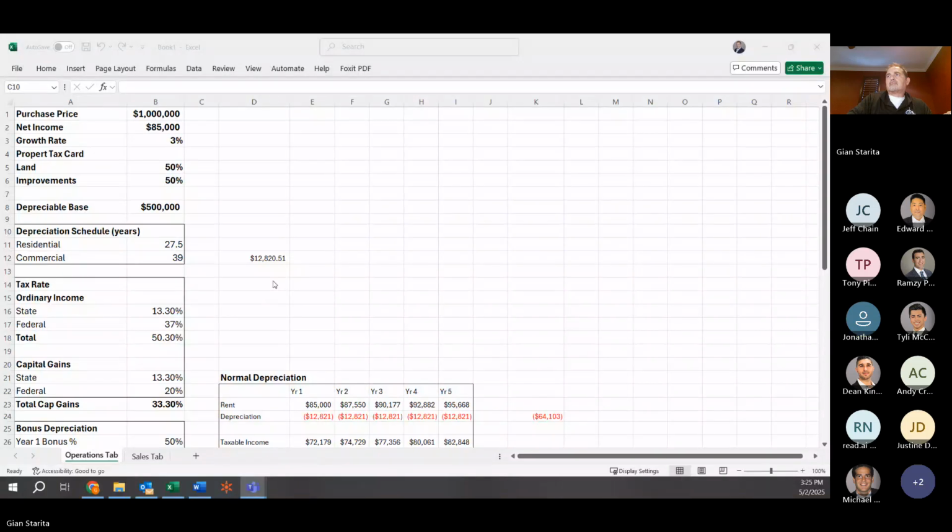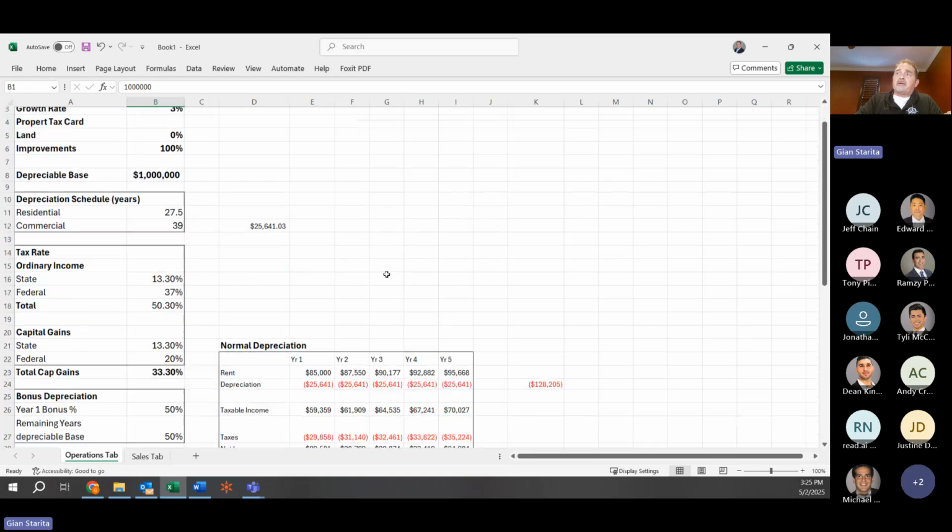Most people don't realize the depreciation recapture will actually occur if you don't exchange as part of a sale. So I want to throw something really interesting at you guys. If you buy a condo, right? Sometimes you're doing a 1031 and you don't have much basis left, because you've depreciated a lot of it. If you buy a condominium, it has no land. So if I change in this formula land to zero and improvements to 100%, I now have a depreciable base of $1 million on a $1 million asset.